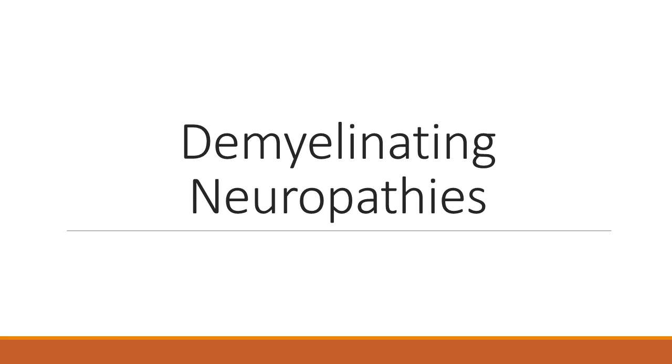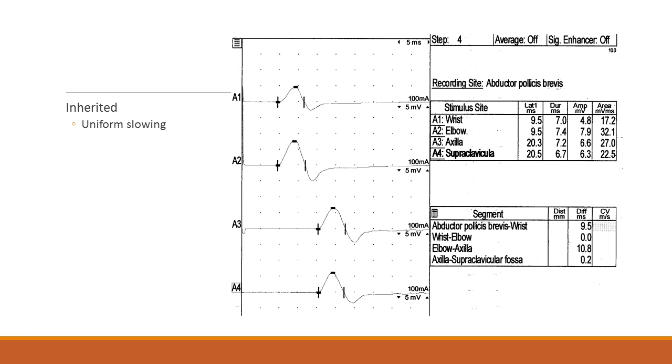We're going to talk about demyelinating neuropathies. There's both inherited and acquired. Inherited, this is an example of one. If you notice, everything is just slow, but the whole thing looks very nice and similar. So this would be just a form of CMT. It's important to know that because if it's